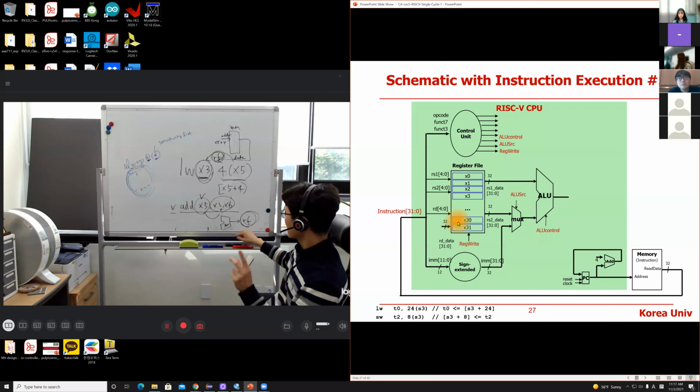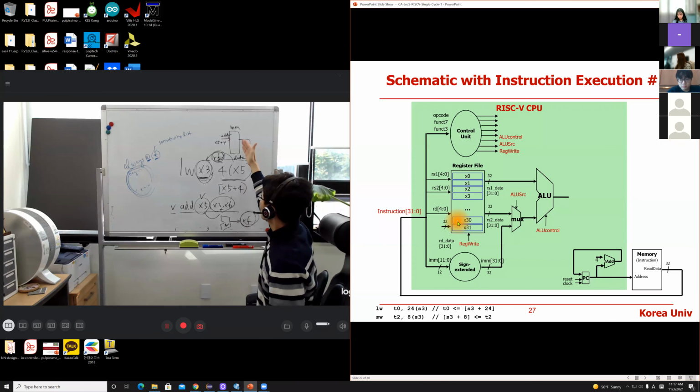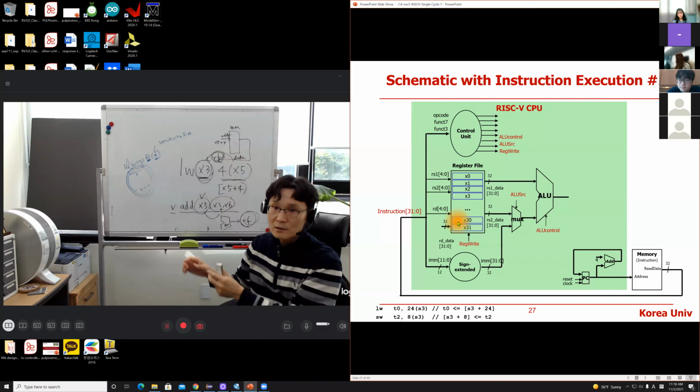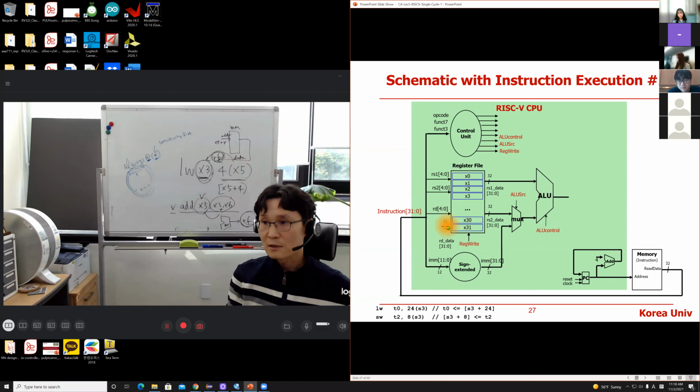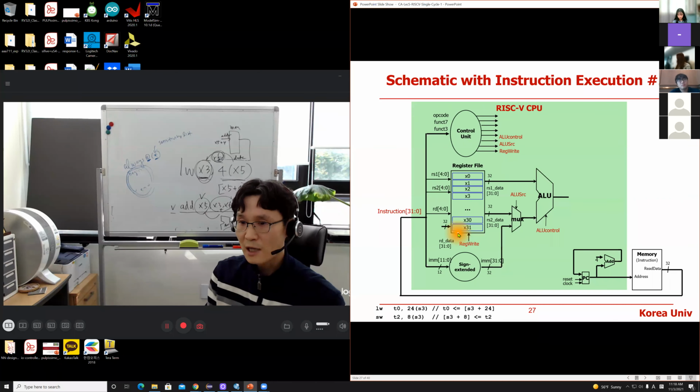So there are two candidates, ALU output and data from memory. Two candidates are competing for this input. That is why I cut this line for now. I cut this line. I'm going to reconnect later on. So for now, I cut the line, and then